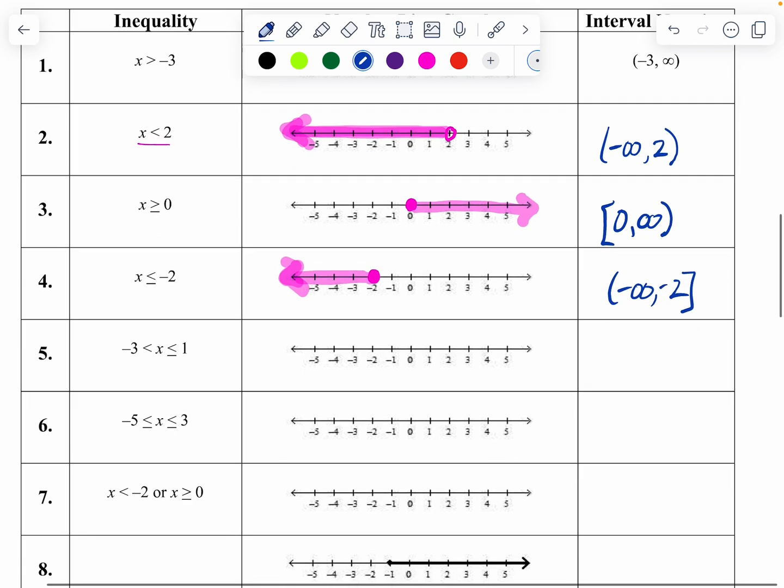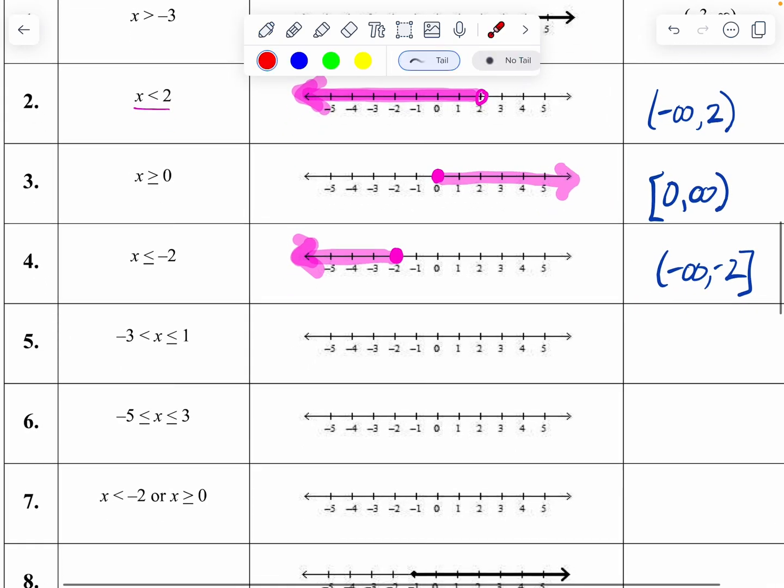All right, let's do some in-betweens. x is in between -3 and +1. It can't equal -3 because there's no equal sign there. So I'm going to put an open dot on -3. Ooh, I want to keep that in the same color, so I'm going to do it in pink. I'm going to do an open dot on